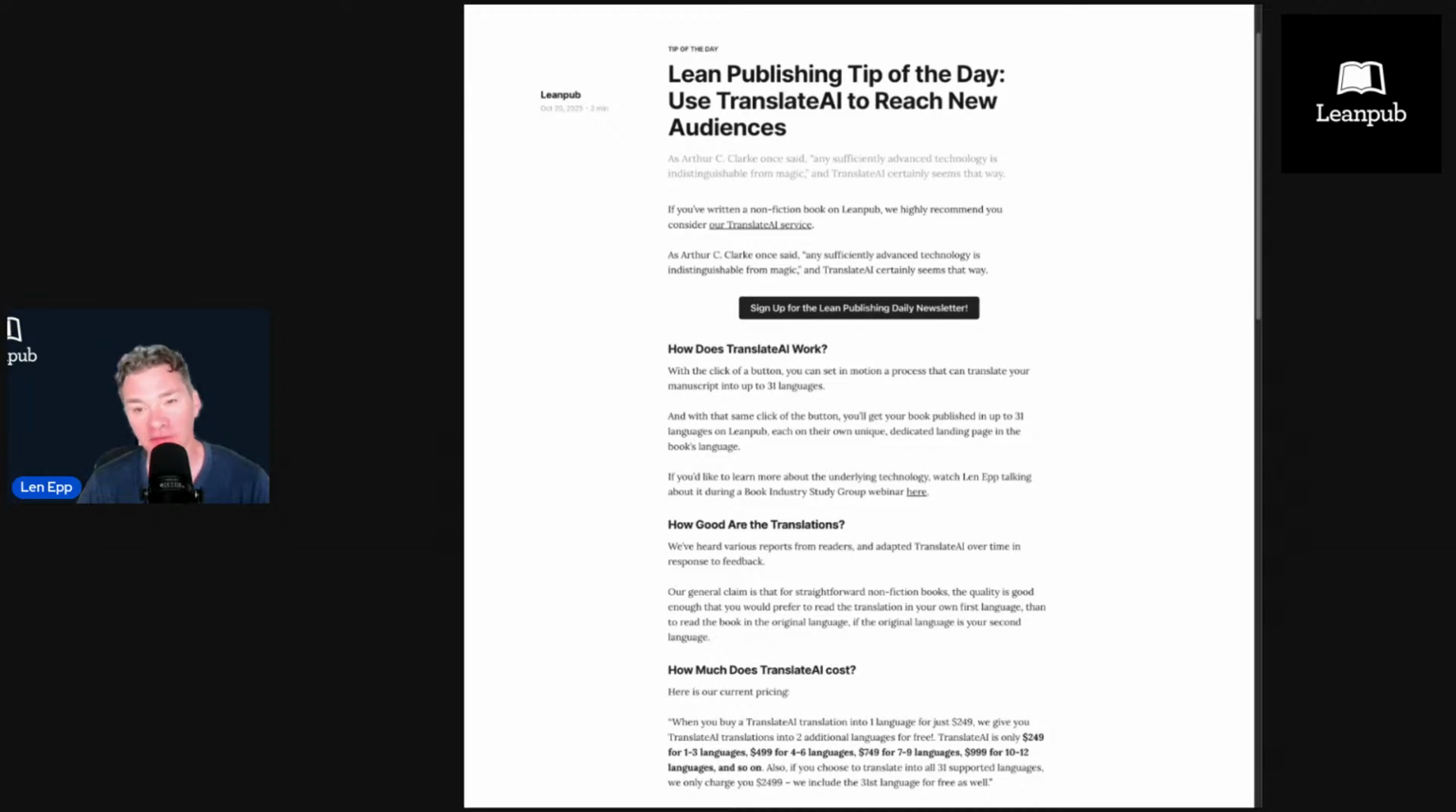But if you're writing a book on Leanpub in plain text, in what we call Markua, which is our markdown for books, then you can just click a button and you can have your book translated into up to 31 languages now. The interesting thing about that too is that it's funny, one of our first